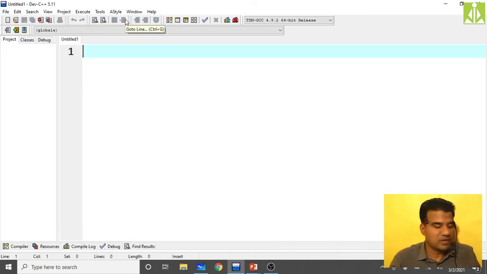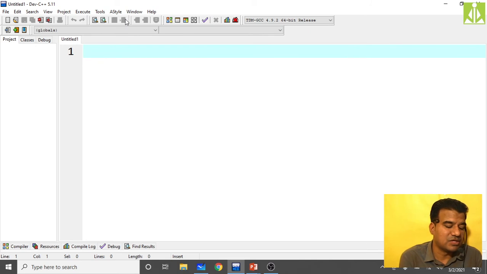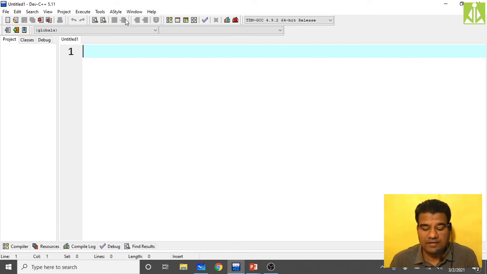Go to the IDE application and start narrating your program. As I said, whatever we have shown over there, in that same way we do the implementation for binary search. Sequential search we already discussed. Now for binary search, the flowchart I have explained, so now we'll do the implementation.